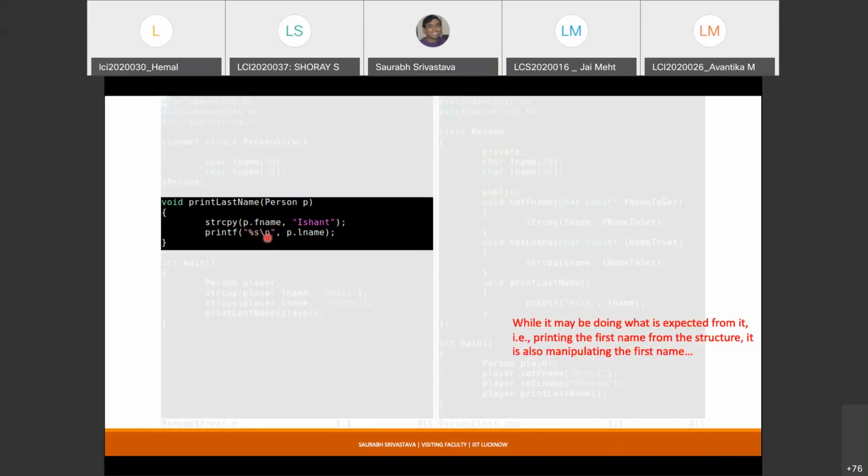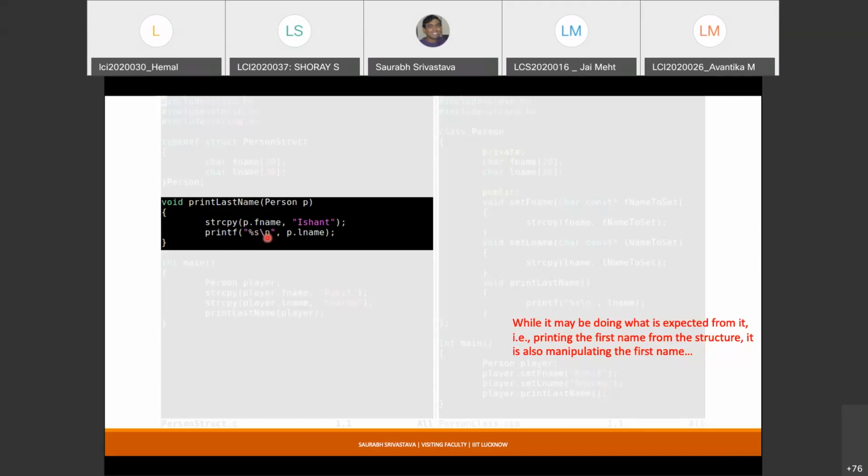Now, the major issue with this kind of code is that, let us say, the complete application code is not written by you. You are working in a team, for example, and there's one person who has written another function that is supposed to get a variable of the type of this structure, the type that you have created. There's really no way for you to restrict the usage of your structure, right? If you pass a variable, the function can do anything.